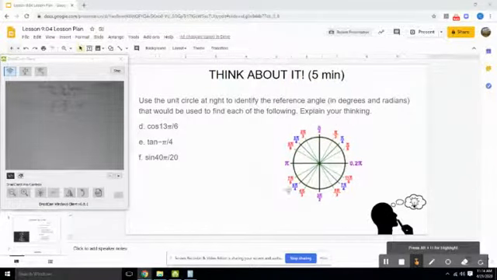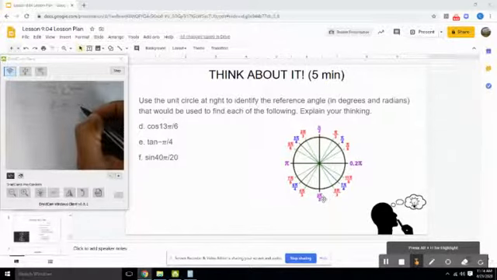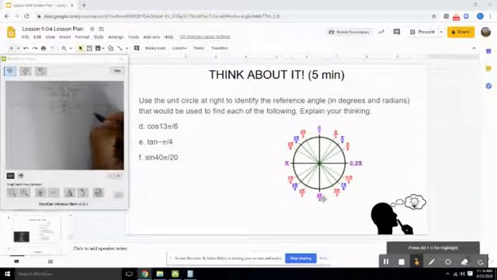Now, if you notice, the unit circle goes from 0 all the way around to 360. There is no 390 on your unit circle. How would you find out which angle to use? The way we would find out which one is by taking a look at our sketch. So if you sketch this,